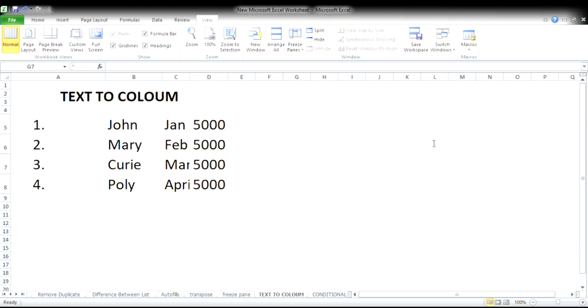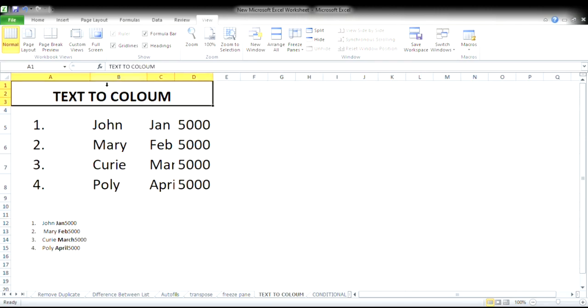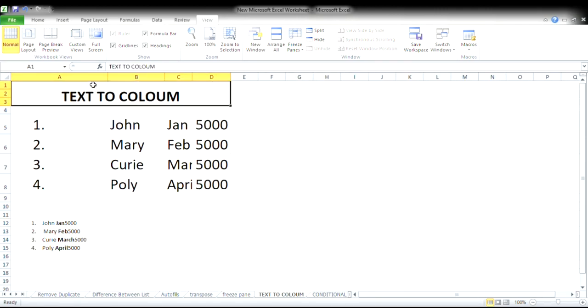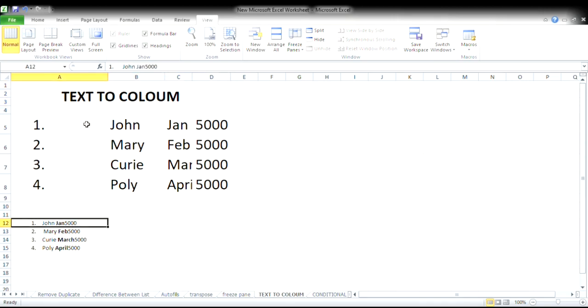How will we use this function? Like if in Word there is something written in this way, and we copy it and paste it here in Excel, it will be showing in a single line, so we have to separate it. How will we do that?